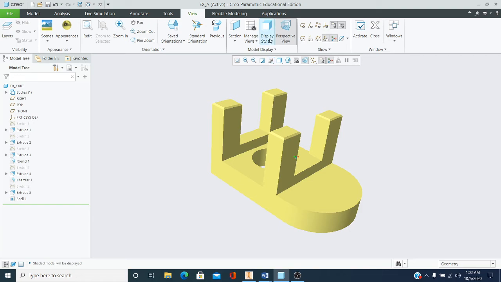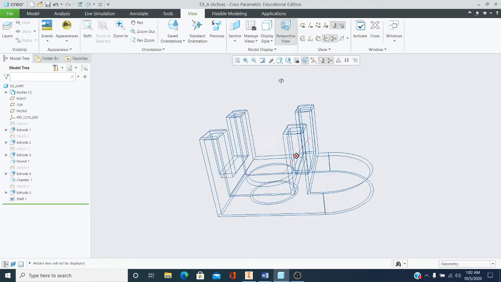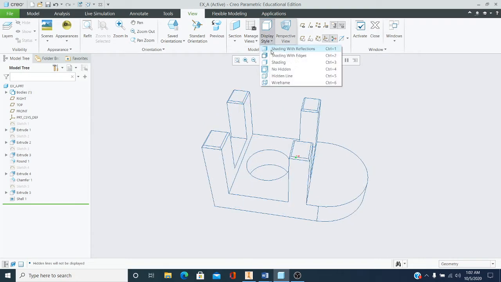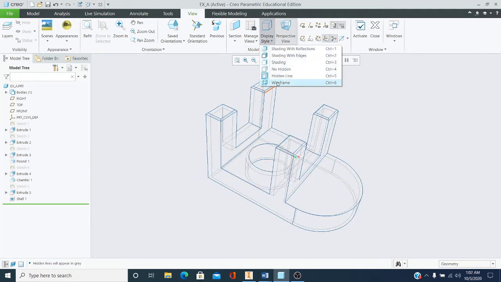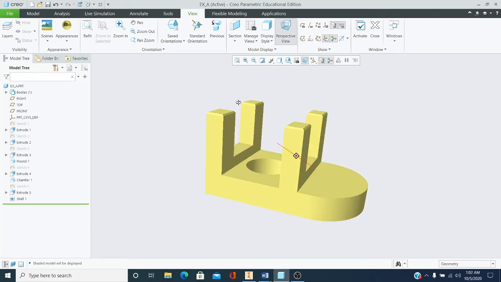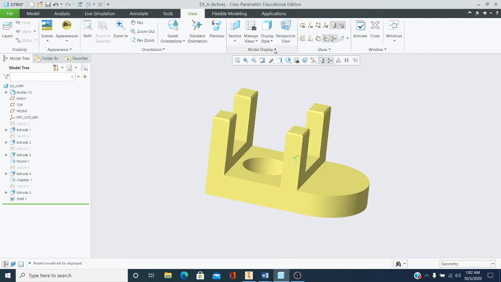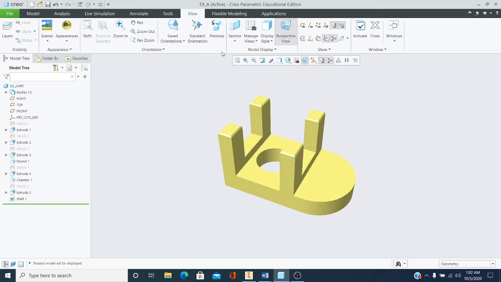No shading, no hidden. Okay, so you want to do that. Hidden line, you can show hidden lines and wireframe, different options here, right? Different ways to view this, but I like just regular shading. So you can play with, again, the perspective view, and you can also play with the different types of shading situations here. Another neat feature here is section, and we can do a section view around the X direction,